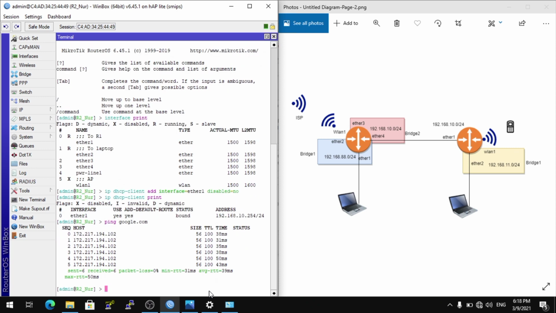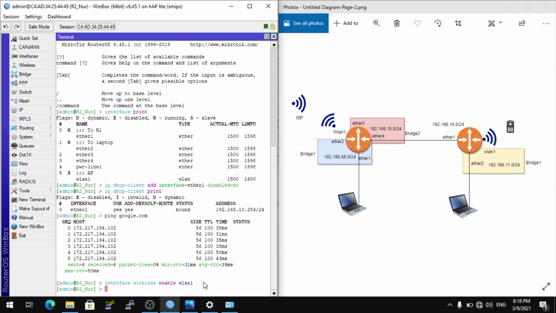And next, configuration of the interface bridge for interface VLAN 1 and interface Ether2. The first step, enable interface VLAN 1. Interface wireless enable VLAN 1 and click enter.